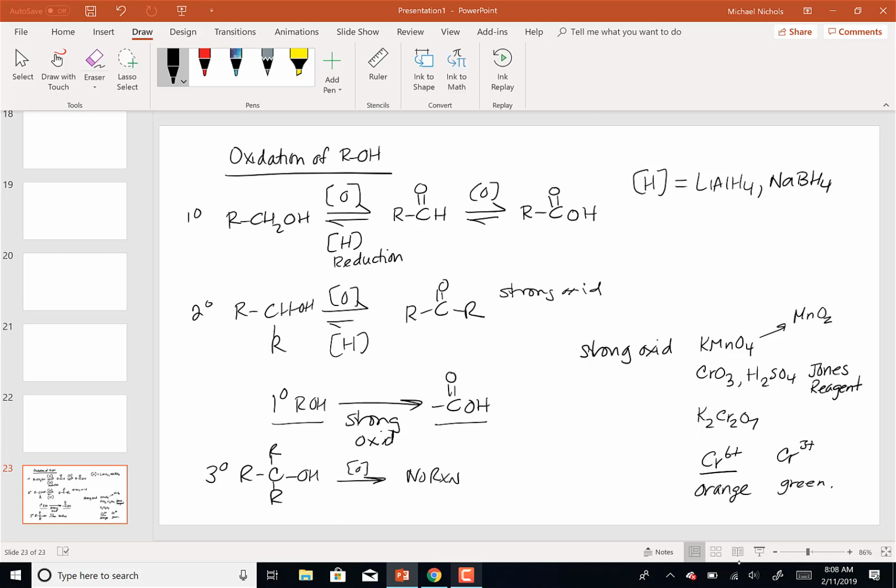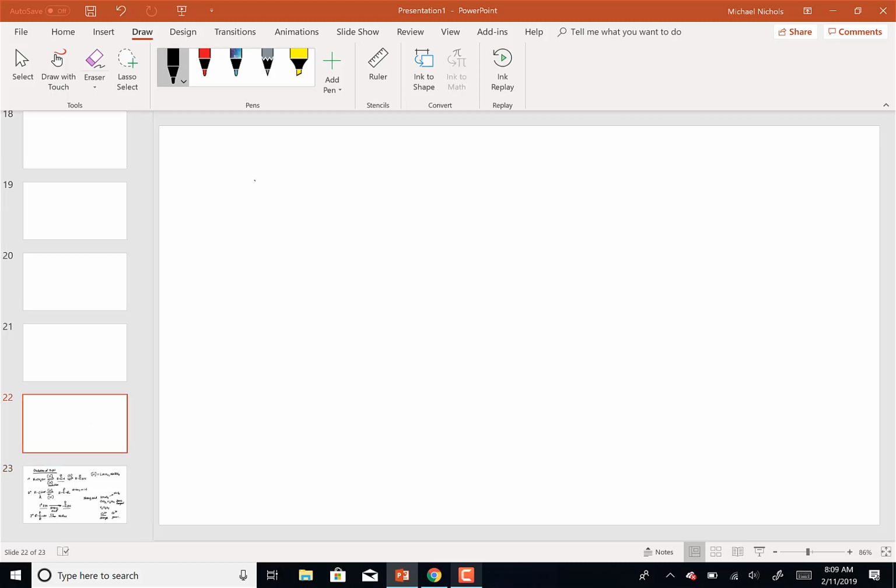The problem is, what if you wanted to stop at the aldehyde? What if I just wanted to go from primary alcohol to aldehyde? There's actually a number of reagents that will do that. They've been developed through the years, and some of them are more environmentally friendly reagents, but there's 3 of them that we use or talk about. So if you want to take a primary alcohol and convert it to an aldehyde, the first reagent that was developed was to use what's called